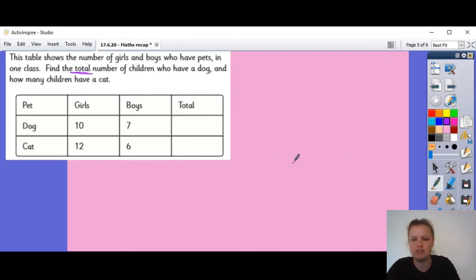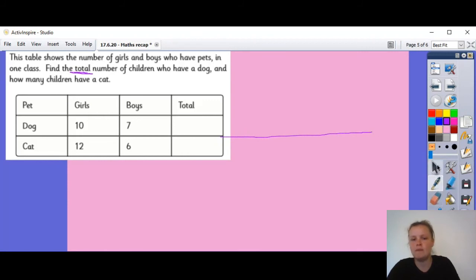Okay, so let's have a look at this table first. Here we can see that for dogs, 10 girls have a dog and 7 boys have a dog. Let's look at cats. We know that 12 girls have a cat and 6 boys have a cat. So we need to find the total of them. That means we need to add them together. Let's do the dog